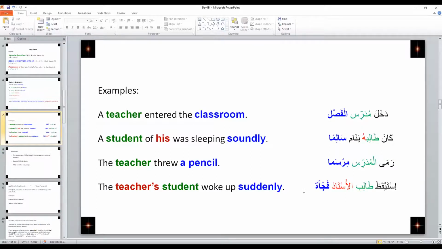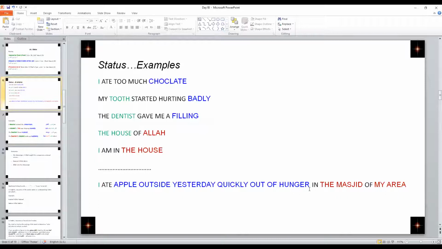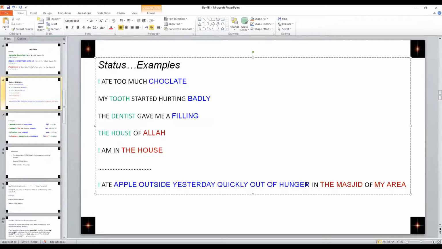And then there is another question from the slides before from another sister. The question is here. Another very good question that says, why is the "hunger" in "out of hunger" not in jar status, because it's after "of"? I like this question. It never came to my mind, but actually the answer is,